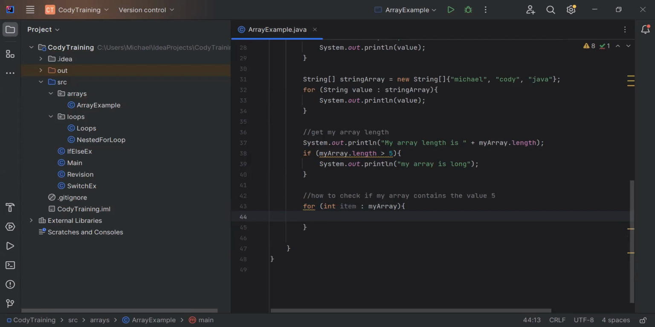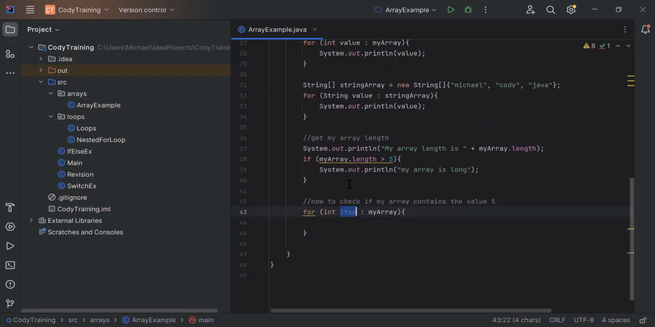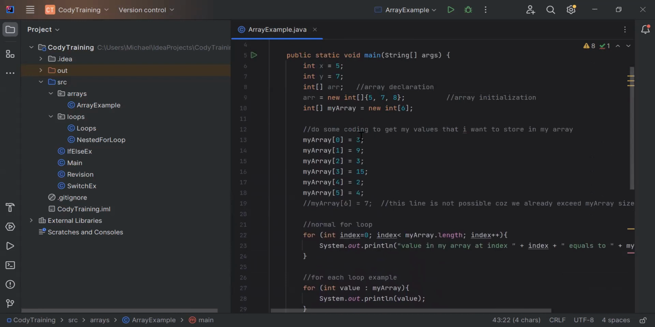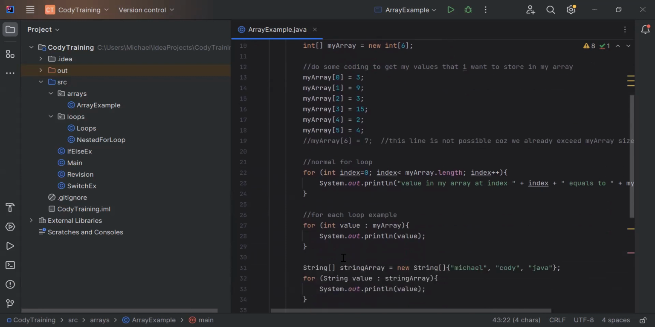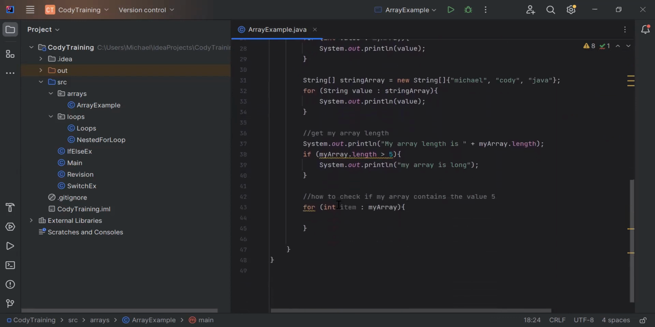Here inside my for loop body, I want to check if this item value equals 5. This item in each iteration will hold a value stored in my array. Like in the first iteration, this item will be equal to 3. Second iteration, this item will be equal to 9. In the third iteration, item will be equal to 3, and so on until we reach the last element. Do you understand? Okay, so here I want to check